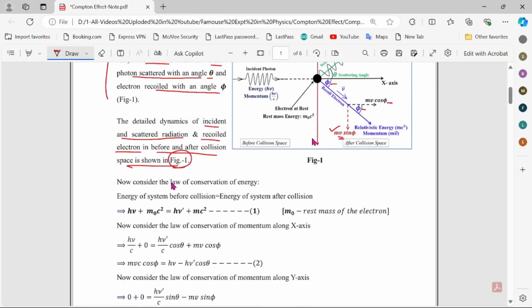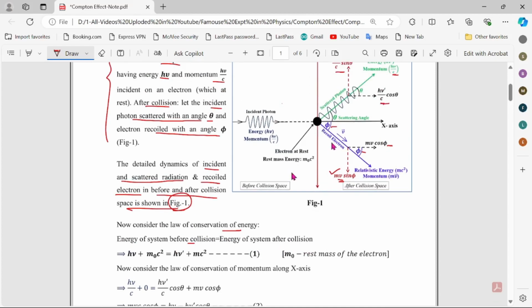First we are going to consider the law of conservation of energy. That means energy of system before collision will be equal to energy of the system after collision. So before collision, what was the energy? Before collision, in the collision space, you can see the energy of the incident photon was h mu, and energy of the rest electron is m naught c square. So before collision the total energy will be h mu plus m naught c square, and after collision the energy